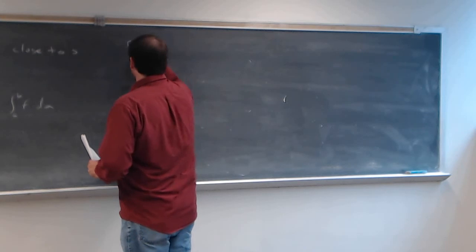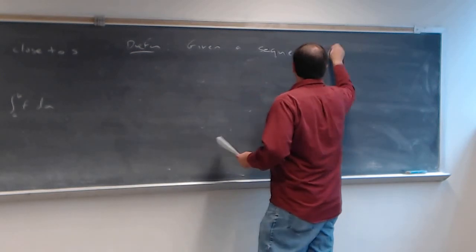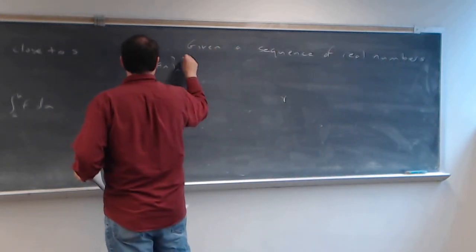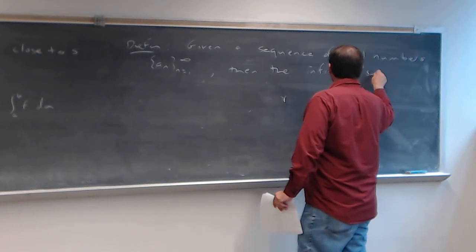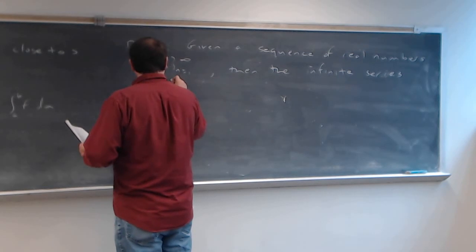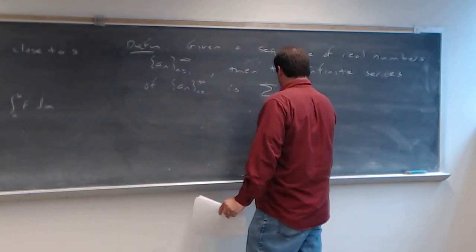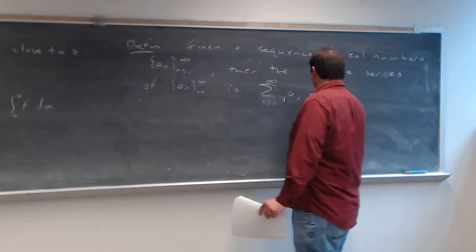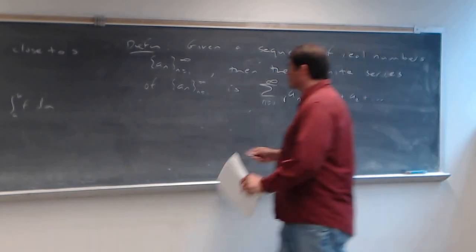But here's the definition. It says, given a sequence of real numbers, we'll call them A sub n, then the infinite series of this sequence A sub n is this series, summation, as we'll say, n runs from 1 to infinity of A sub n, which really equals the sum of A sub 1 plus A sub 2 plus, and it goes on forever. Okay, as a definition,